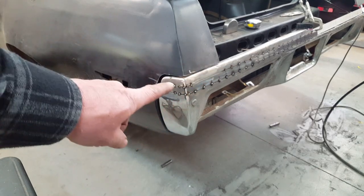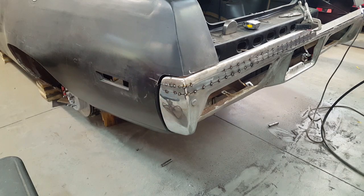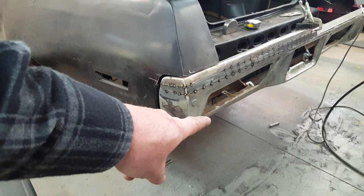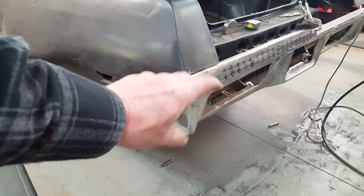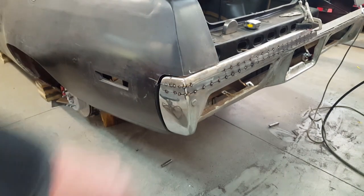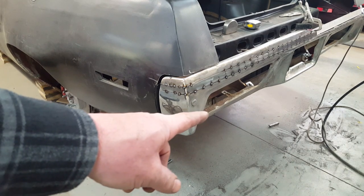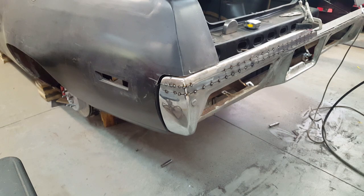I also narrowed the gaps around here and here, and I'll sharpen them up a little bit when we do the Bondo work. But after I get done with that side, we'll be moving these openings up 1 inch also. So that's the main visual right there, getting that up higher and shortening these down a little bit. Anyway,